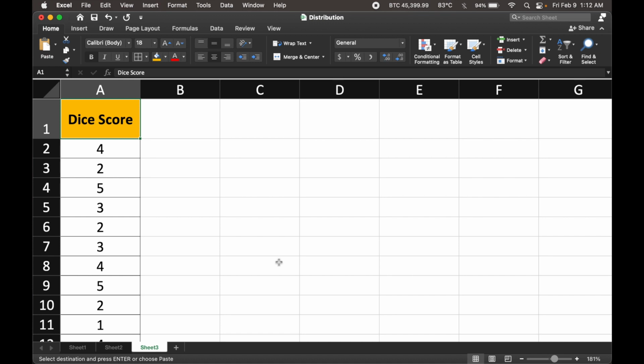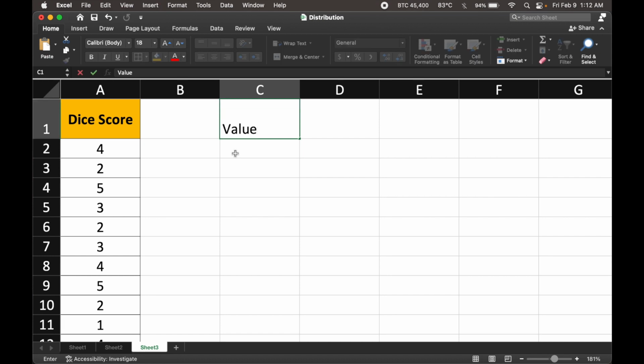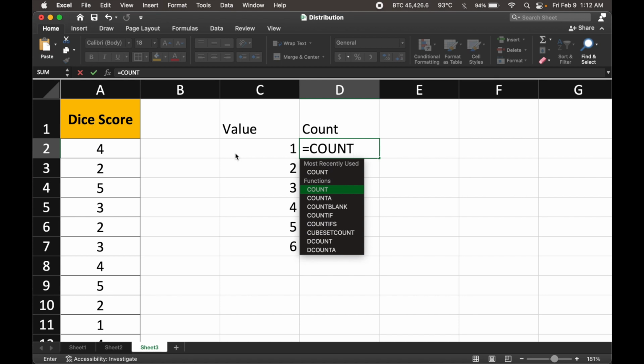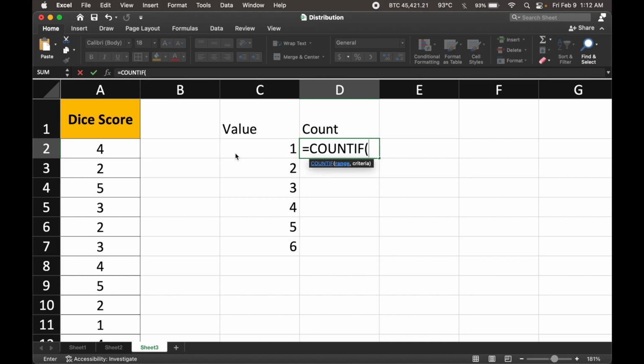But what I want to do now is show you here on Excel how we could really visualize this. There are many ways to do it, and we are in effect going to look at three ways. Now, I could start with what's called a value, and then look for a count for it. For example, the values in this dice would be 1 to 6, right? And one simple way to count how many times I've had 1 in this data set would be to use the countif formula,